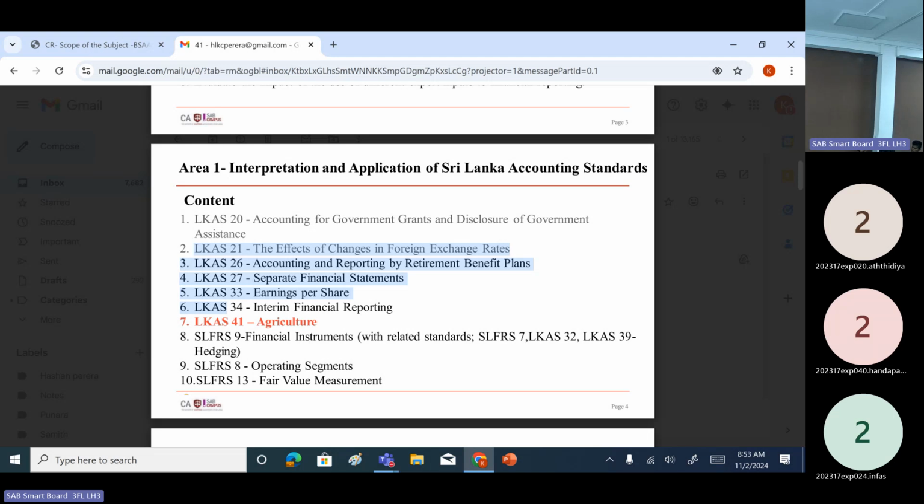Still, they are using the previous standards LKAS 39, 7, and 32. Why? In an insurance contract,